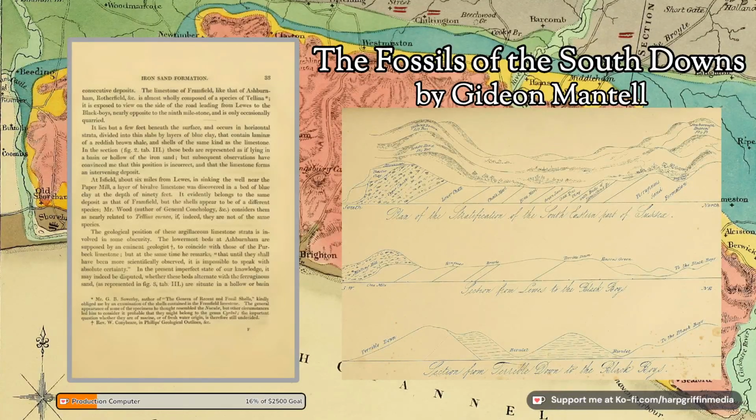The geological position of these argillaceous limestone strata is involved in some obscurity. The lowermost beds at Ashburnham are supposed by an eminent geologist to coincide with those of the Purbeck limestone. But at the same time he remarks that until they shall have been more scientifically observed, it is impossible to speak with absolute certainty. In the present imperfect state of our knowledge, it may indeed be disputed whether these beds